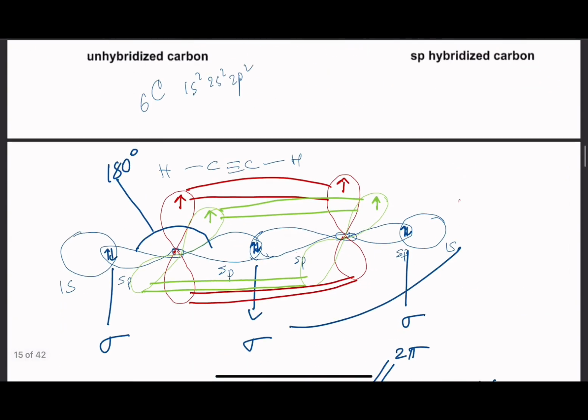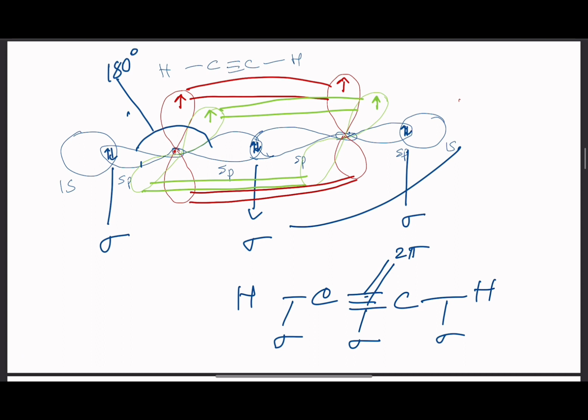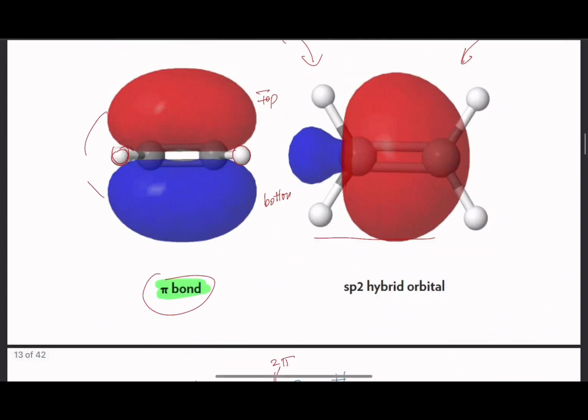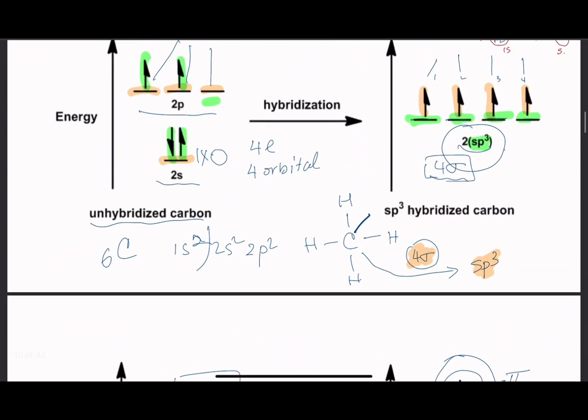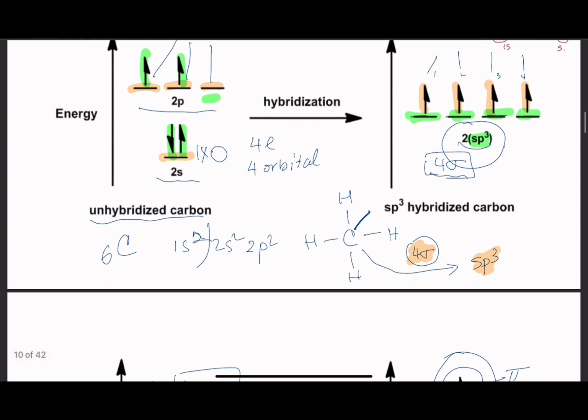The other one is 180, one top and one bottom, 180 times 2. So 180 degrees, and the first one is going to look like this. I showed you the molecule, and over here the degree angle between them is